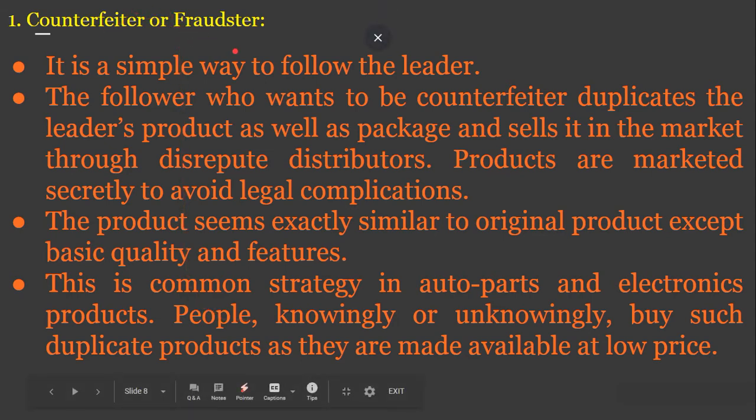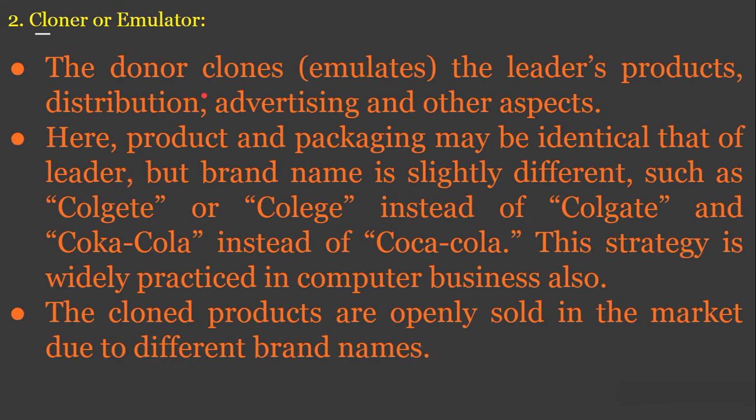So they do it secretly to avoid legal complications, because sometimes if it is proven, they need to face a legal claim, as they are imitating or copying the products of the leader. The second strategy is cloning the product, the cloner or emulator. The cloner emulates the leader's products, its distribution strategies, advertising and other aspects, where products and packaging may be